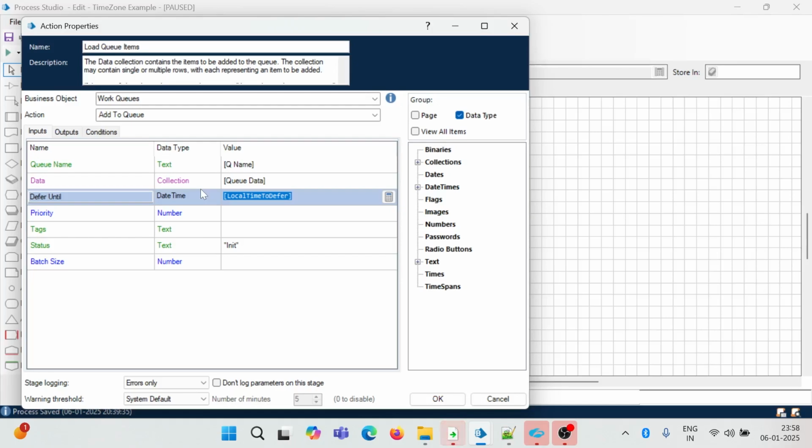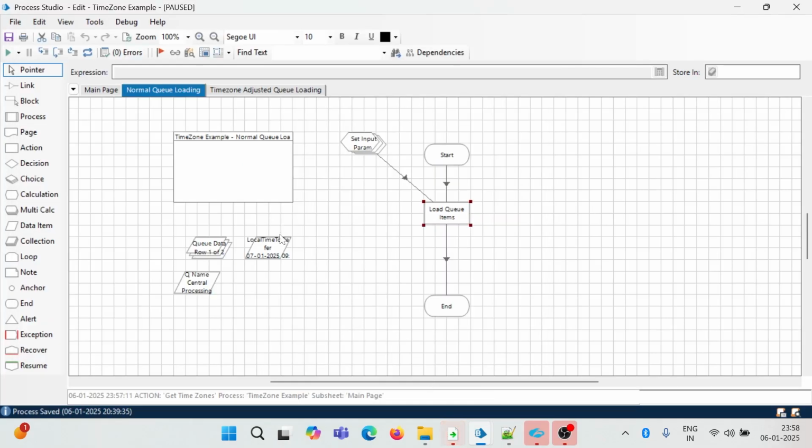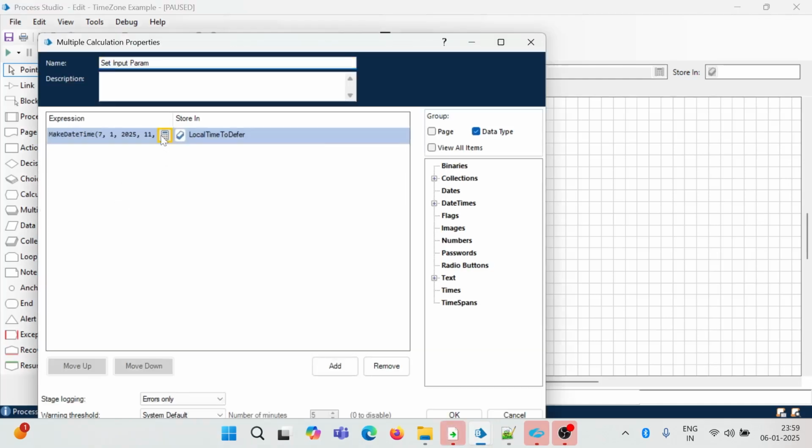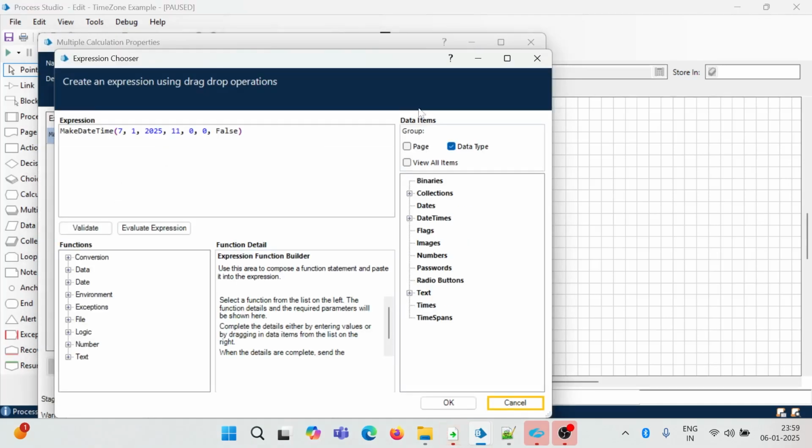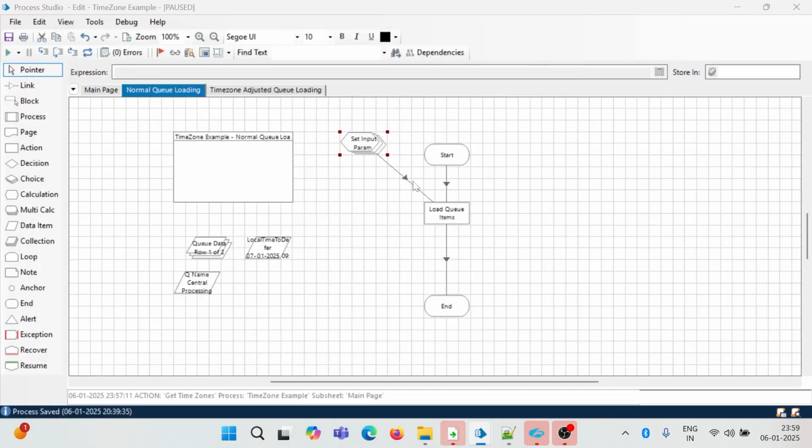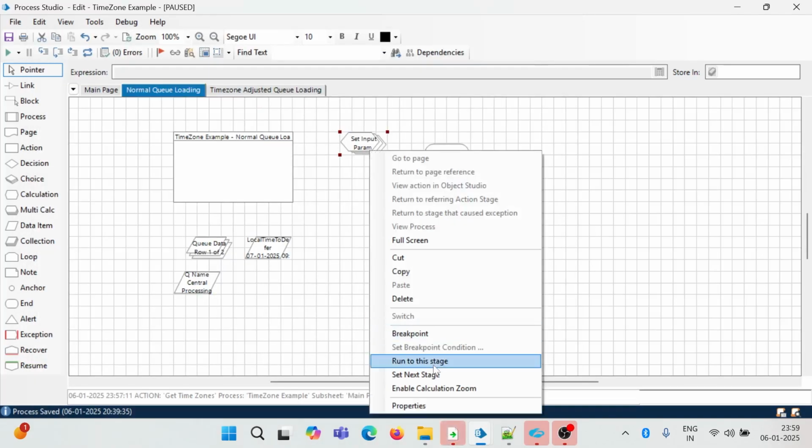07/01/2025, 11 a.m. I want to defer that because I know that my report will come at 11 o'clock and the bot should run at 11 o'clock. There might be multiple requests throughout the day, but these specific requests, A123 and B234, should get triggered at 11 o'clock. So I mentioned the local time as 07/01/2025 11 a.m. and let's try to run this